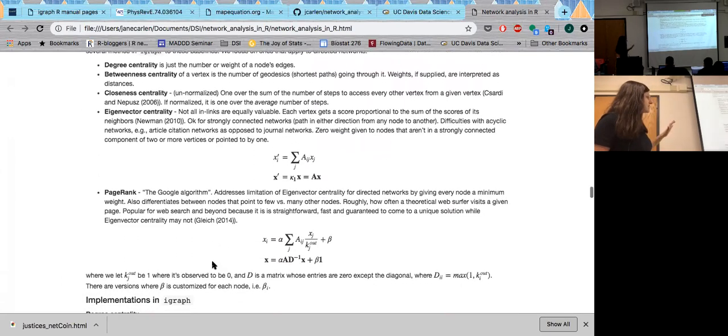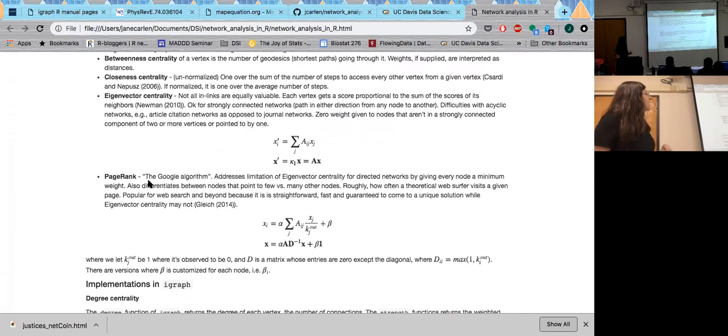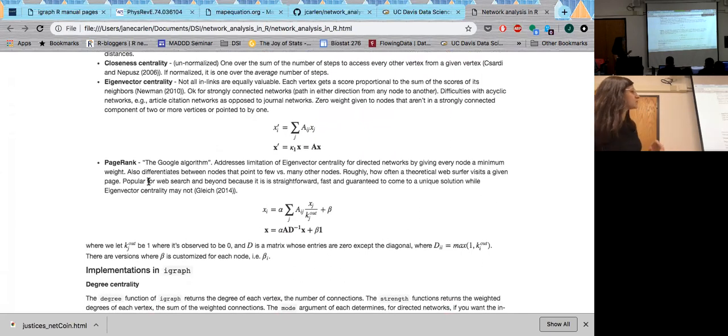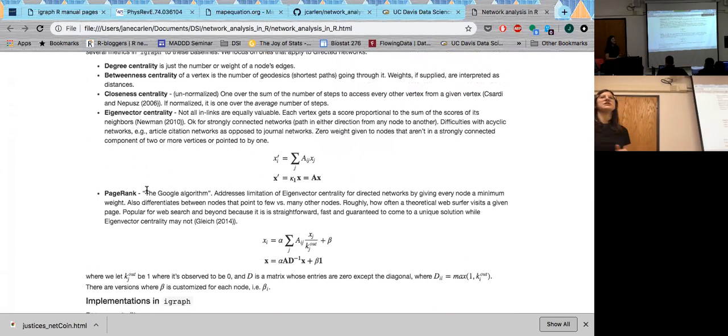Okay, so again, I don't really have time to go into the details on PageRank, but one important thing to point out is that both PageRank and eigenvector centrality look at the importance of the nodes. Say I have an important web page. If that web page is linked to by a bunch of other important web pages, that probably means it's important too. Both eigenvector centrality and PageRank take that into account, but PageRank also